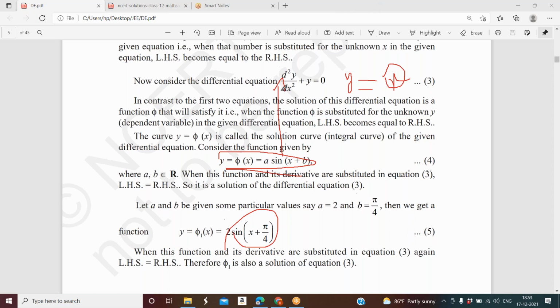When you are solving the differential equation, you are solving it for y, not for x, the dependent variable. For this type of equation, you will have two solutions. One is the general solution and the other is the particular solution. General solution means what? General solution means